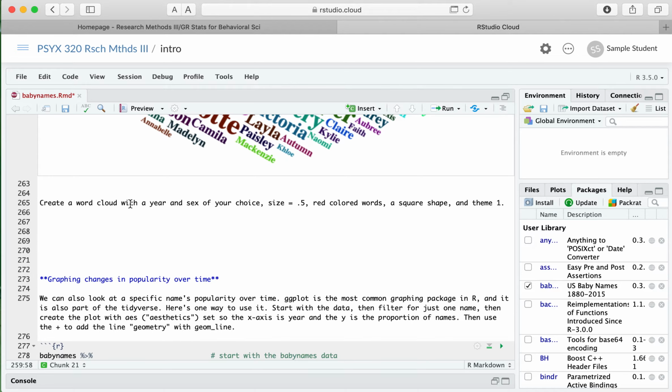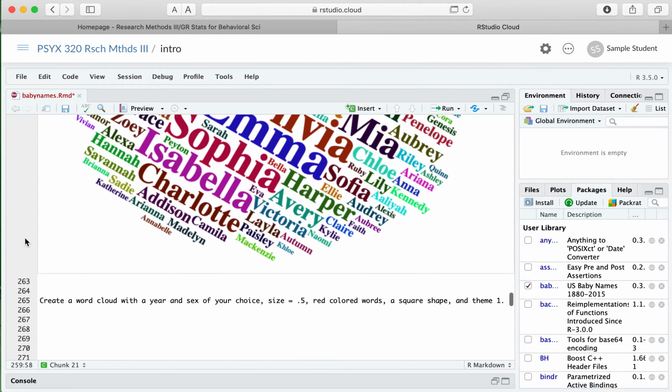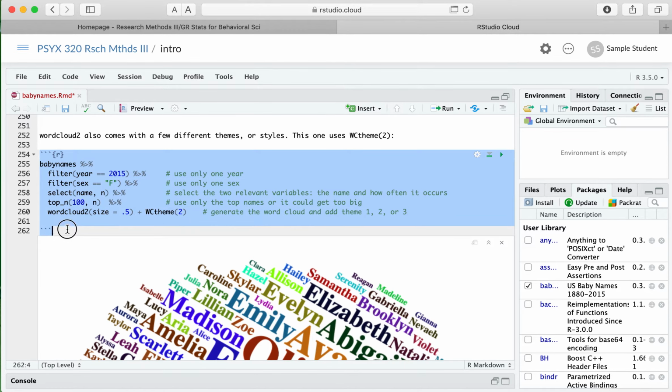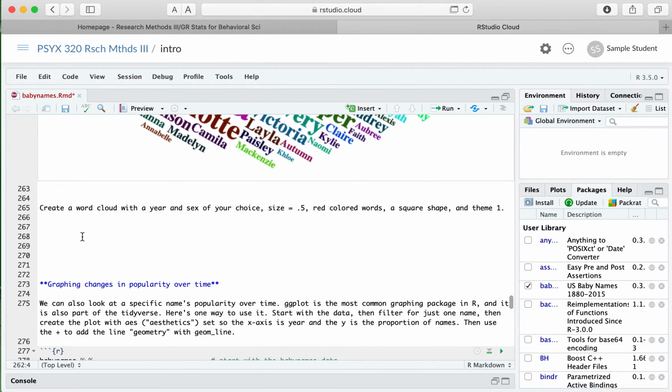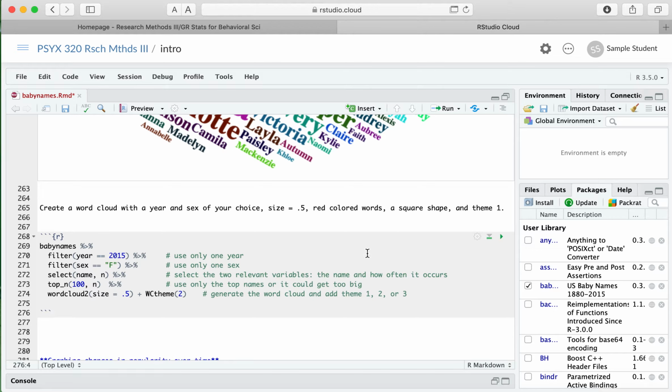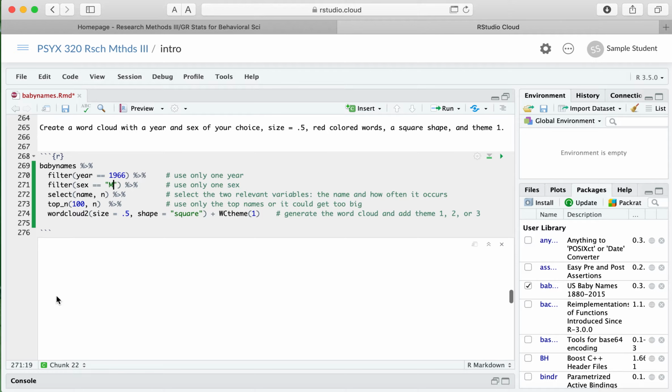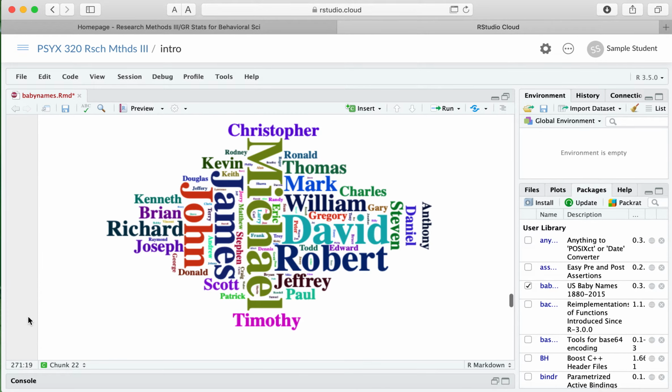So now it says create a word cloud with a year and sex of your choice. So let's go ahead and copy this, paste, and it says a square shape and theme 1. So I'm going to change that to theme 1. And remember, the shape has to be in the parentheses. So I'm going to do shape equals, and then it has to be in quotes too, equals square. And let's do my 1966 boys, and then see what that looks like. Okay,